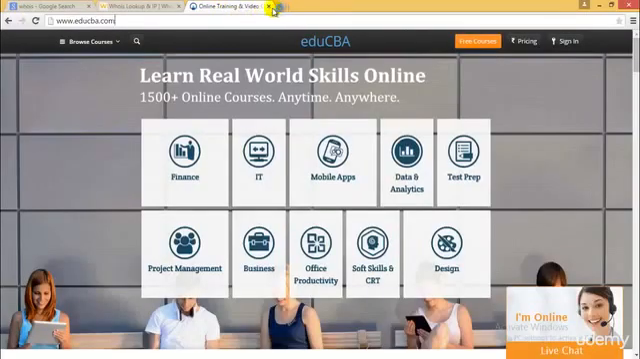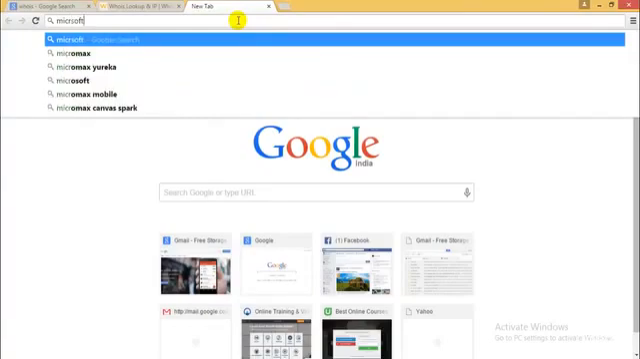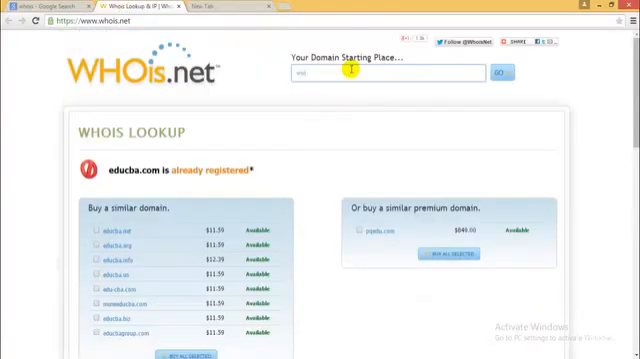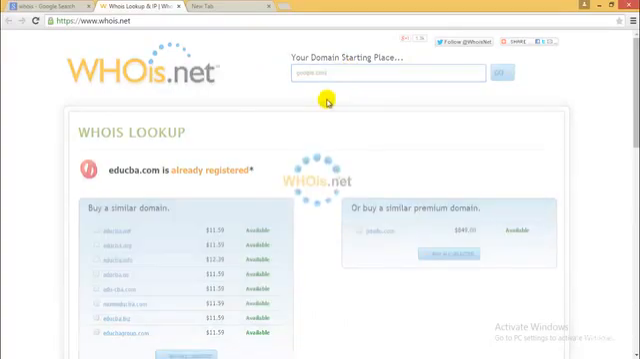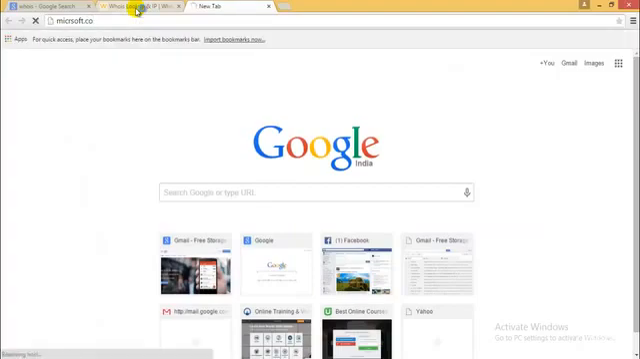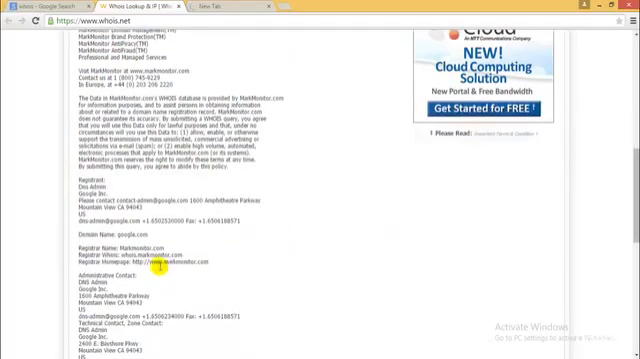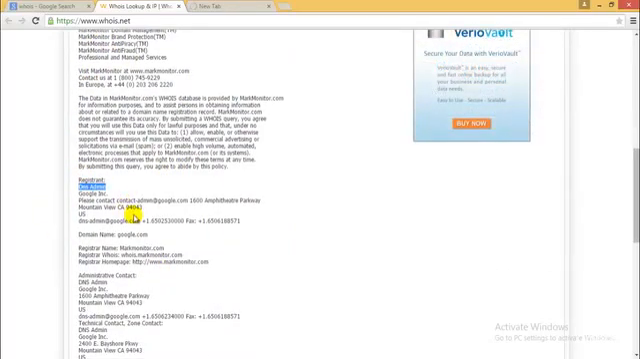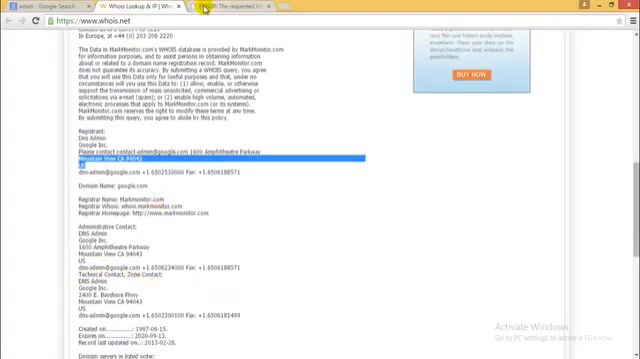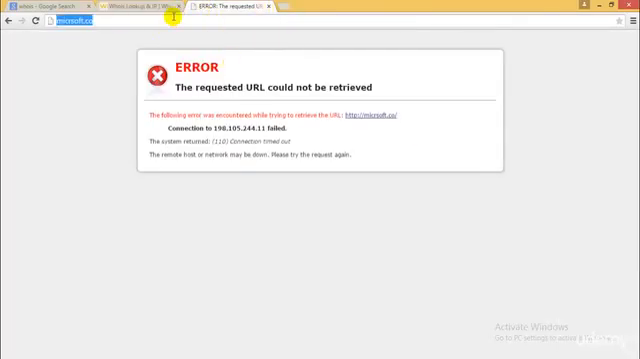Let's check something different. Let's check Microsoft. I'll just type the best one, that is www.google.com. Let's go ahead and search. So you can see that you can get any kind of information that you want, registrar and DNS admin, and you can see where it is located, the main place that's in Mountain View, California, and